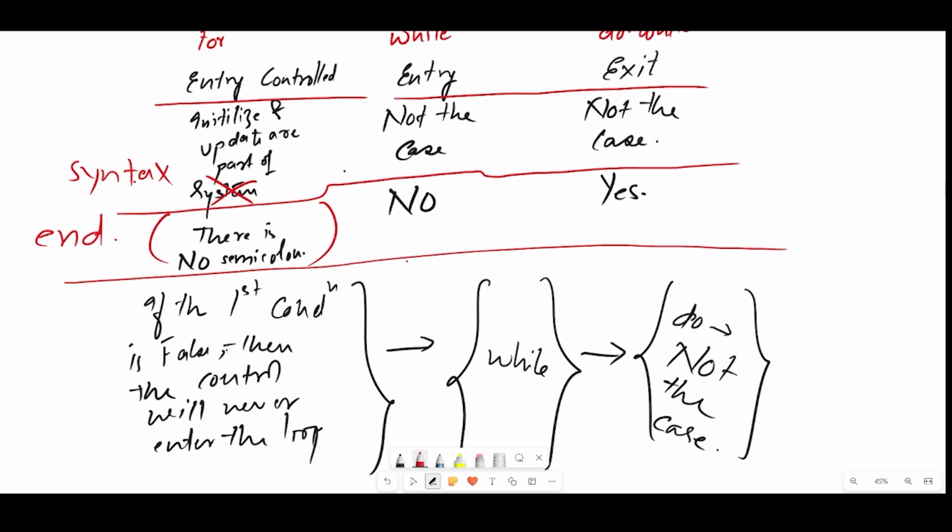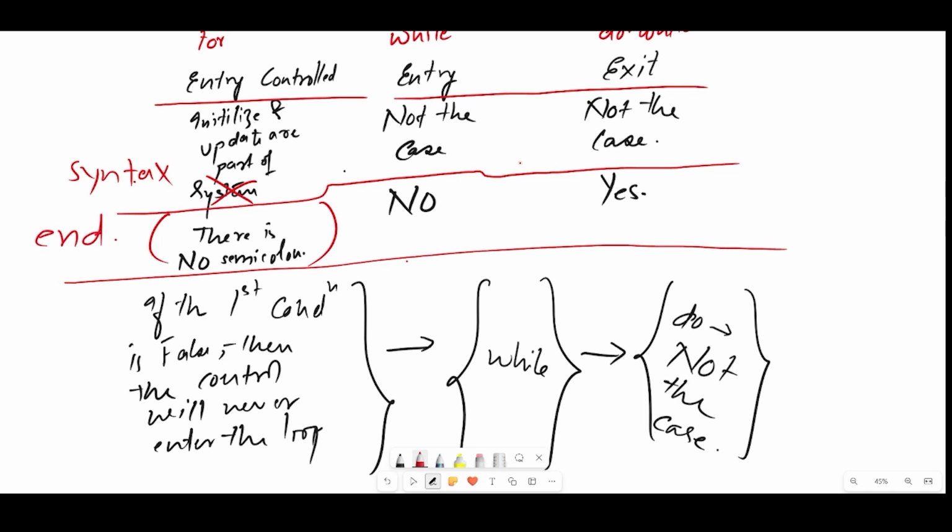And one more difference is the first condition, if it is wrong, while loop and for loop will not work, but do while loop definitely will work. So that is, you can think of the basic difference. There is no complete difference between all three, because you can think of it like this, that do while loop is made from while loop only. So the concept has come from there only. So you will not see very much of a difference.